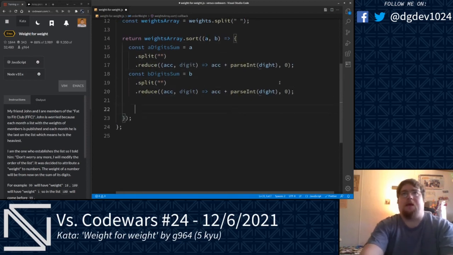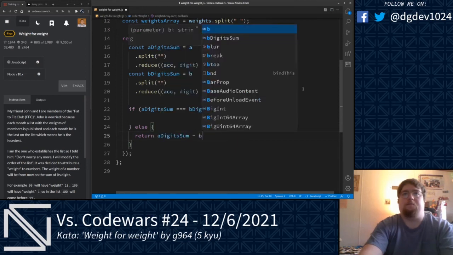Now, at the end here, we're going to compare the sums of our digits here. And if A digit's sum is equal to B digit's sum, we're going to handle that very shortly. First, we're going to handle the else case here, in which case we return A digit's sum minus B digit's sum,